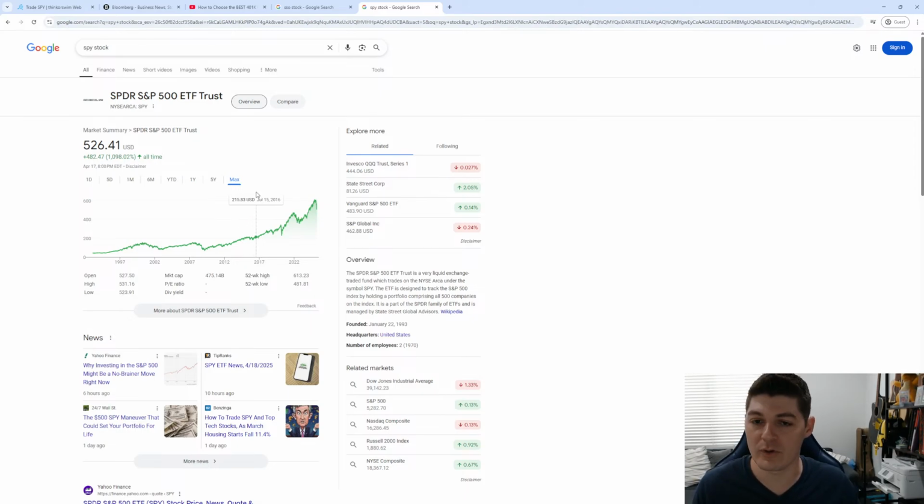I don't want to bore you with the data, but I did look into it, and this will probably come in a future video. But going back to the early 1900s, if you look at the last 100 years of data, bonds and stocks actually don't perform all that differently. The long-term annual return for stocks over that period is around 9%, not adjusting for inflation, and the total return for bonds over that same period was around 6.5%. So we're talking a difference of about 2 to 2.5% per year. But that extra return on stocks comes with a lot more volatility. In fact, it comes with about twice as much volatility.